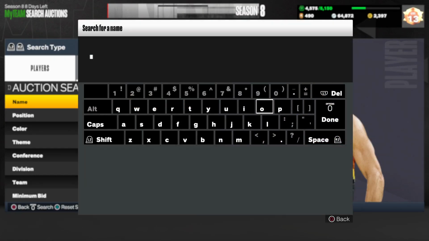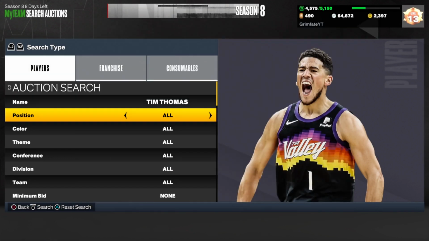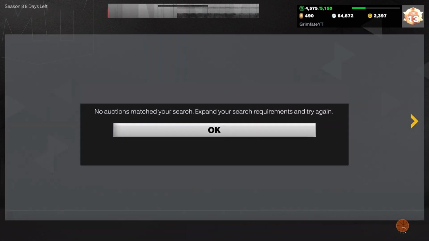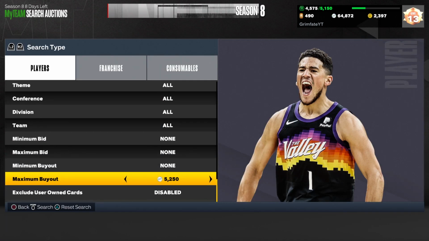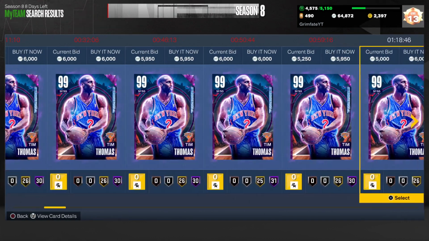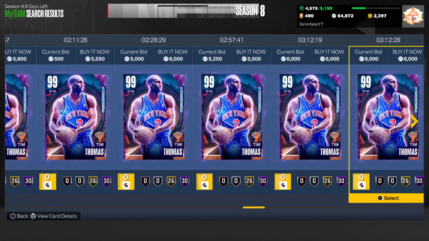Now, for the next card here, this is going to be a card that you can either run as your shooting guard or you can run as your small forward. And for this Tim Thomas card, I think it's definitely one of the best budget cards in the game as well. What I would personally do is run this Tim Thomas at the shooting guard and run the Bender at the small forward. And if you do that, you could be totally fine and totally working out by running it like that. So as you guys can see here, this Tim Thomas card is literally going for about 5,000 MT,